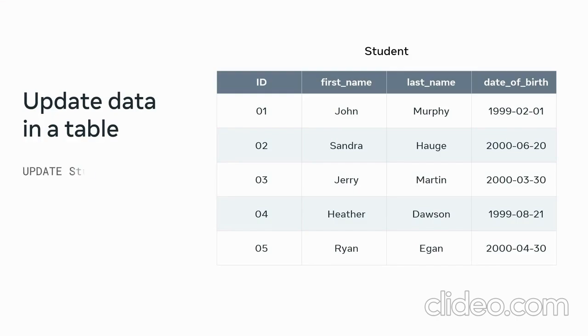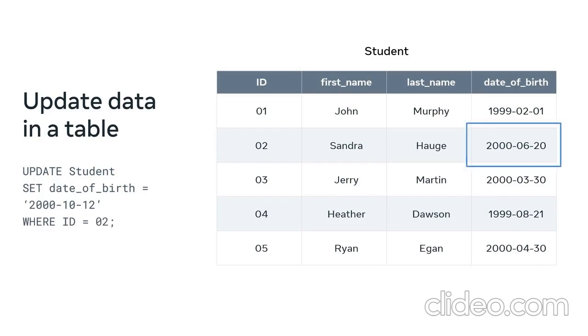data. But what if I need to update or modify data? For example, let's say I've input the wrong date of birth for a student. To change this data, I can use the update syntax, which is part of the DML subset of SQL. First, I add the update keyword, followed by the student table name. Then I use the set keyword, followed by columns and values I want to update, written as key value pairings. In this instance, it's the date of birth column and a new date of birth value. Finally, I add the where clause and a condition to filter the records I need. For example, to change the data for the student with the ID of 2, I can type where ID equal